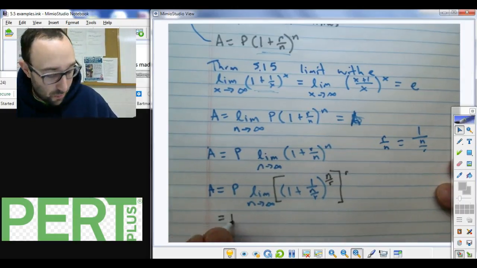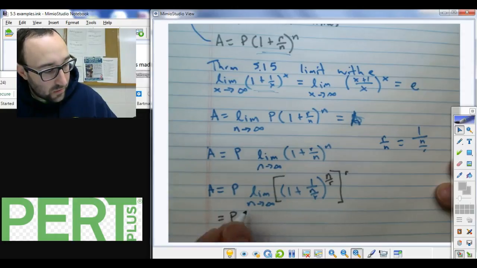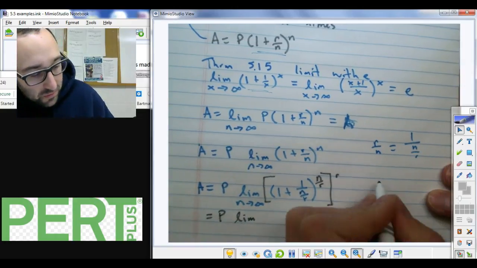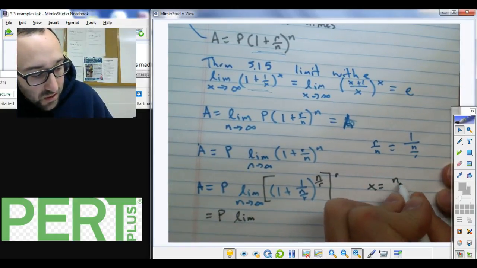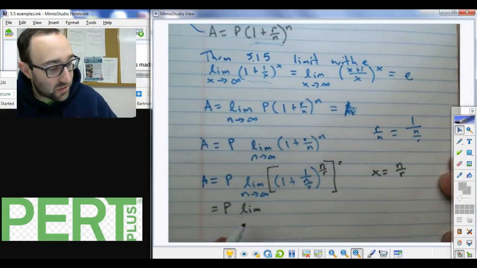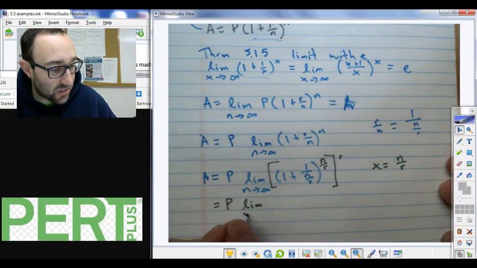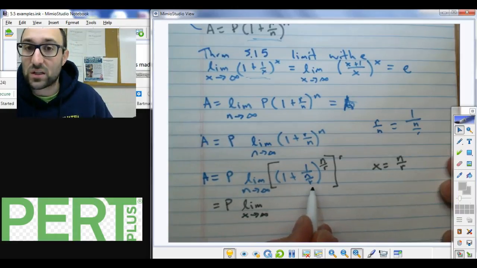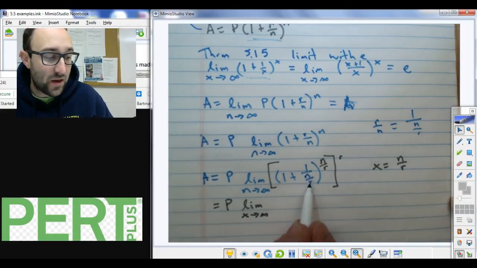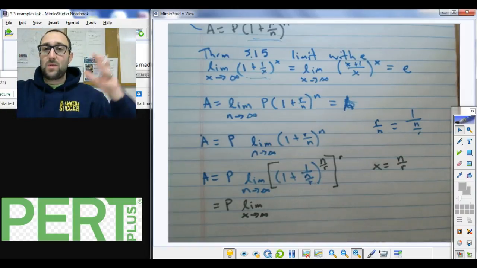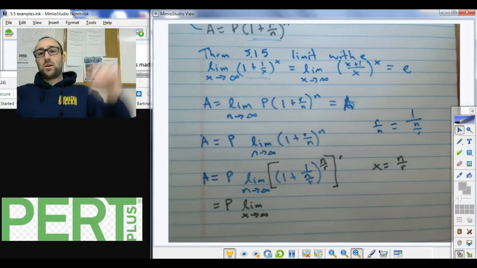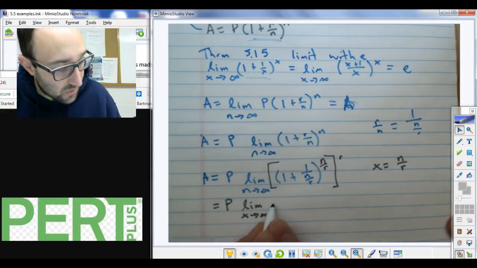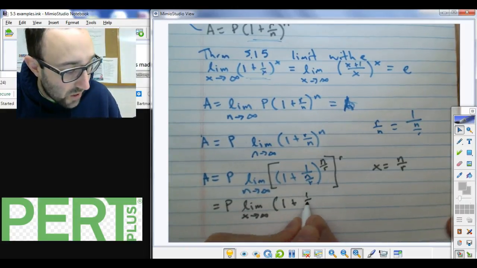The next thing I'm going to do is say this is the same as the principal times the limit, and I'm going to say let x equal n over r. So I'm going to change my variable and say the limit as x approaches infinity, because as n gets really large, it doesn't matter what r is, it's going to go to infinity, right? So it doesn't matter what r is, because we're going to make n a really, really big number, right? So we can say this is going to be the same as 1 plus 1 over x